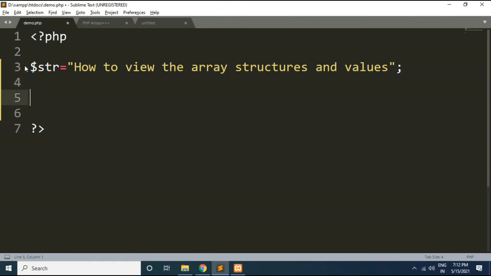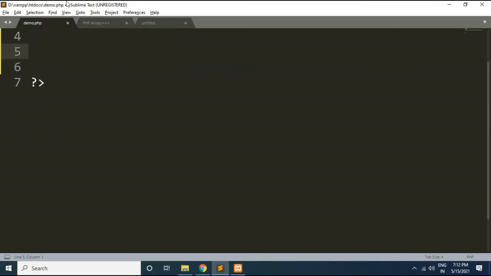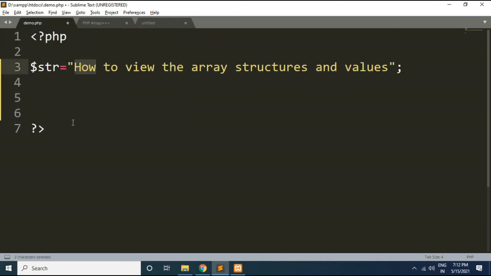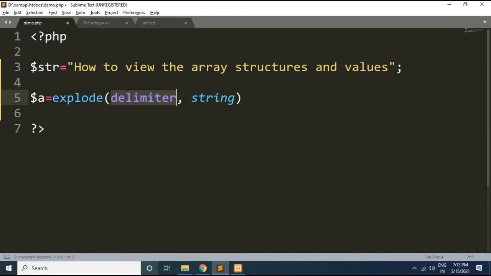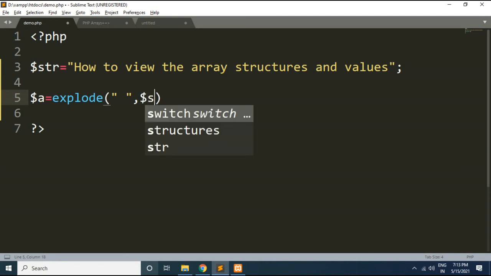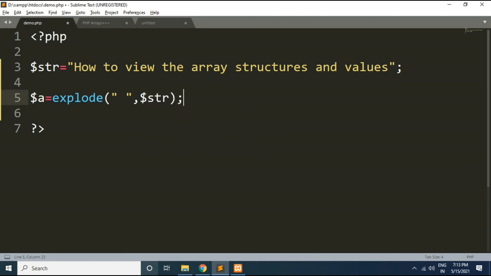Now we will use the explode function for storing all the words available within this string into an array. So here I will write an array name, let's say $a, explode. Here you need to specify the delimiter value, so we will specify a space, and your string. So here I will write $str.